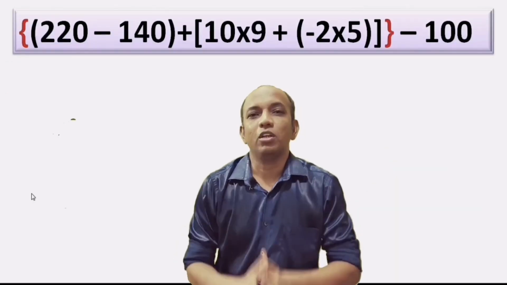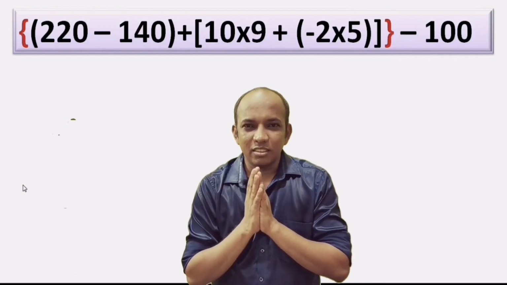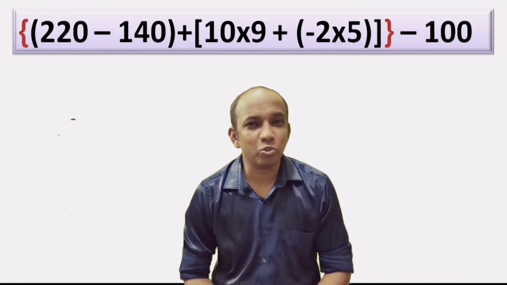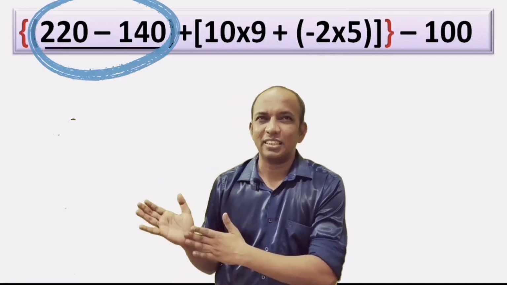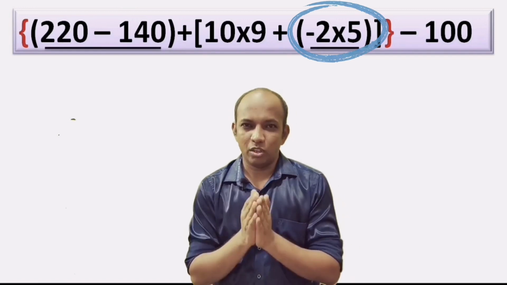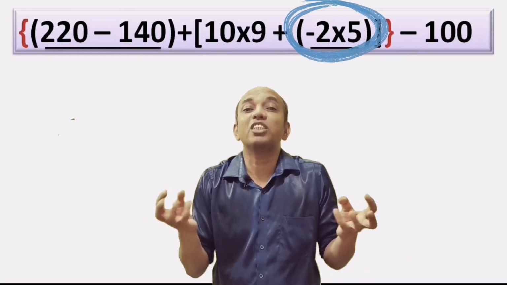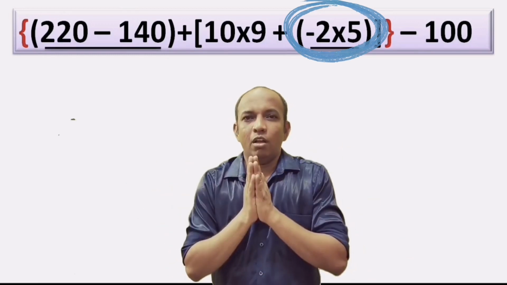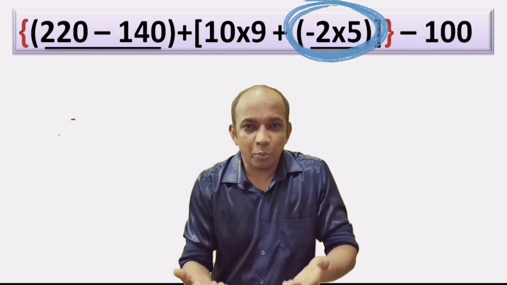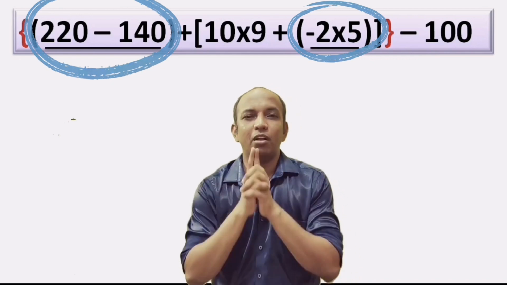Here is the next question on the board. The question is again a little bigger, but it doesn't matter as long as you follow the rules and follow the order perfectly. If you observe the sum, you will come to know that there are two brackets. The very first bracket consists of subtraction and another bracket consists of multiplication, right? So of course, with a bracket within a bracket, we have to solve the innermost one first. Okay, and if you are confident enough, the way I told you, you can carry out 2 to 3 operations at a time. We will solve 2 operations present in the brackets.